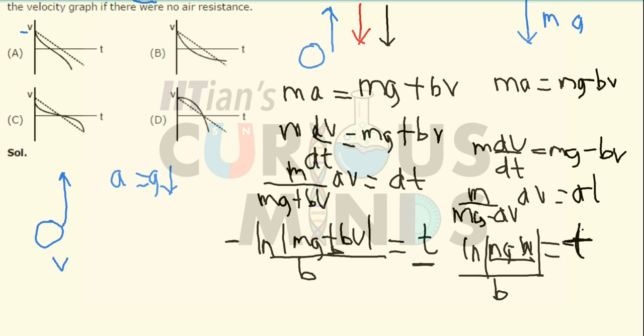So if I see the graph here, initially the velocity should go on increasing in the downward direction. That is, the slope of the velocity versus time graph should go on increasing. So I will obtain a graph somewhat like this. And in the second part, the slope goes on decreasing. As the time goes on increasing, the change in the velocity goes on decreasing. So I will obtain a graph somewhat like this. So the answer is option number B.